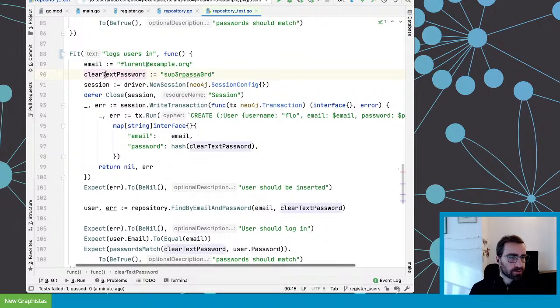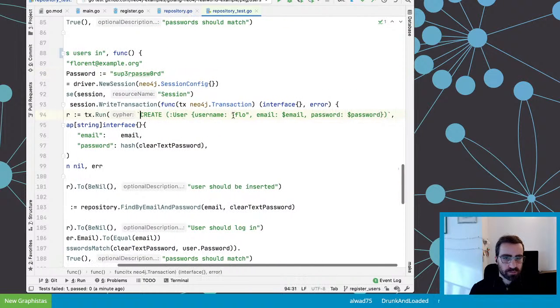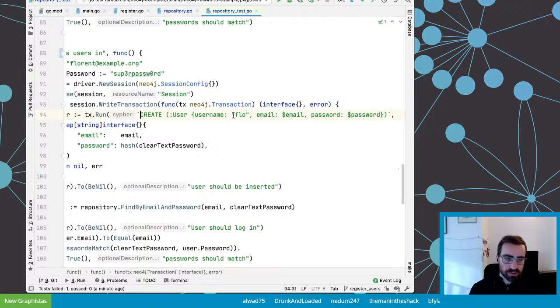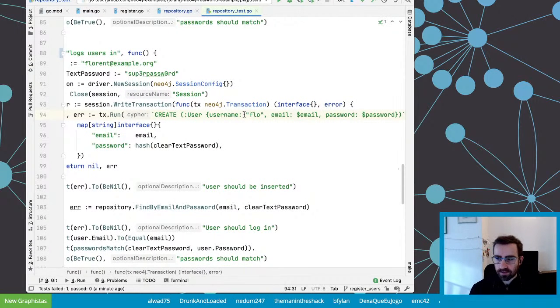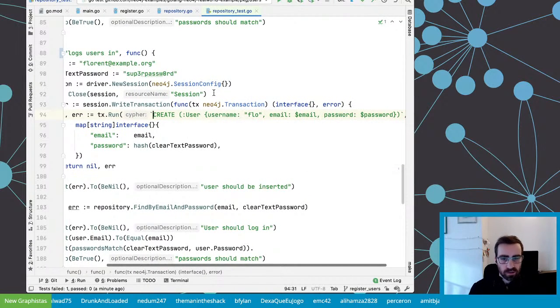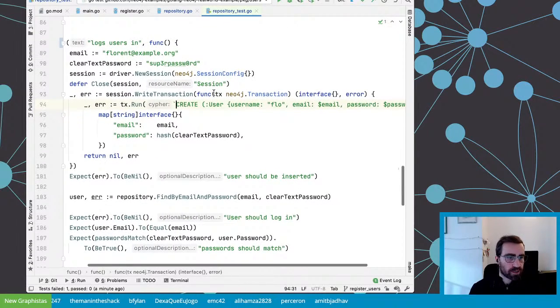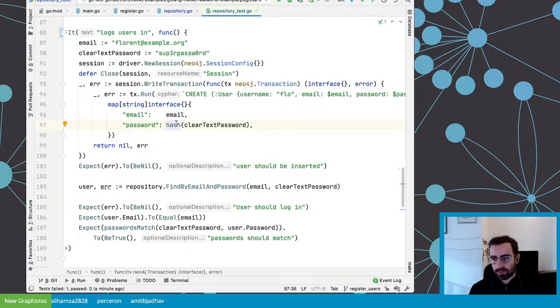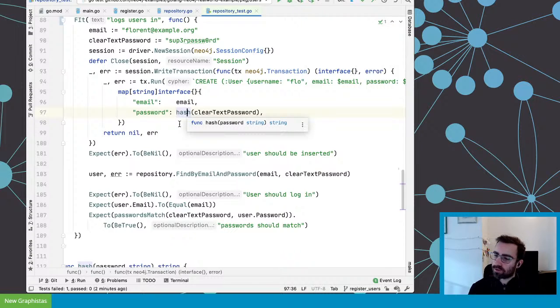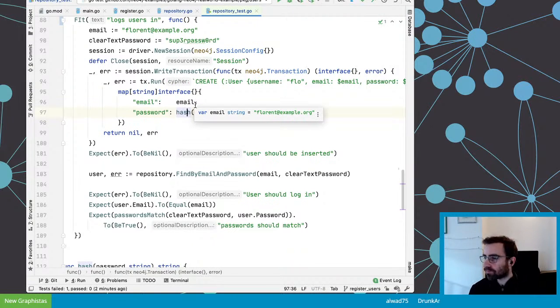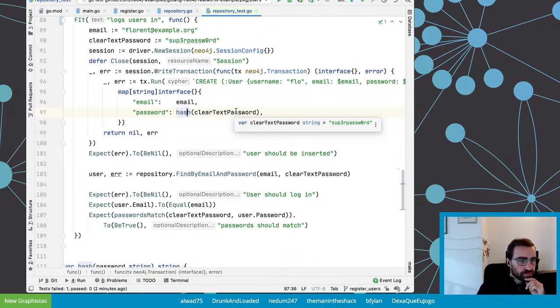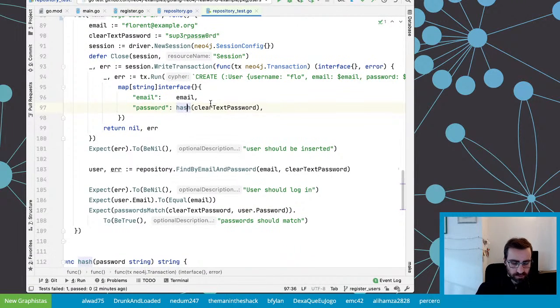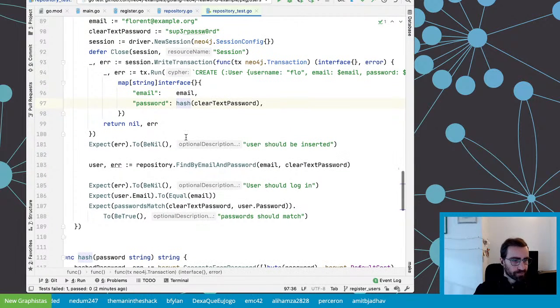So let's look at the test the last time just to make sure we have the whole context. I have an email, clear text password. I insert manually in the DB because the DB is fresh and new and empty every time I run the test, which is a bit slower than having the database run only once per package, but for now it's a simpler thing to do. So I'm just going to stick with that. And I run the query, giving the email and the hashed password, because the database does not store clear text passwords. That's an implementation choice, of course, but it's a quite common security measure to not store clear text passwords, and hopefully you're also doing that at work with some solid enough hashing algorithm.